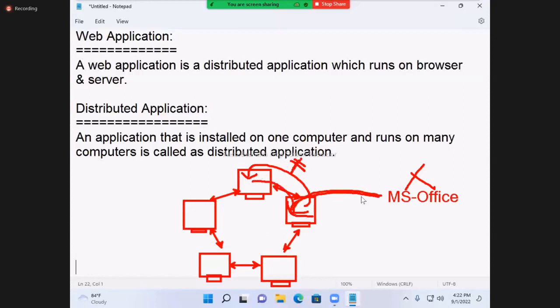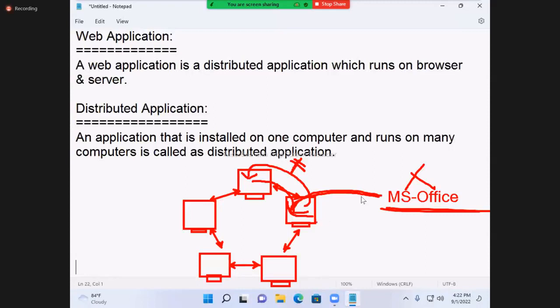If 100 computers are connected together, and MS Office is installed on one computer, it is possible only on that computer. You would have to install it in 100 places. There is no other option, because MS Office runs under the operating system. If the program runs under the operating system, that application is called a standalone application.